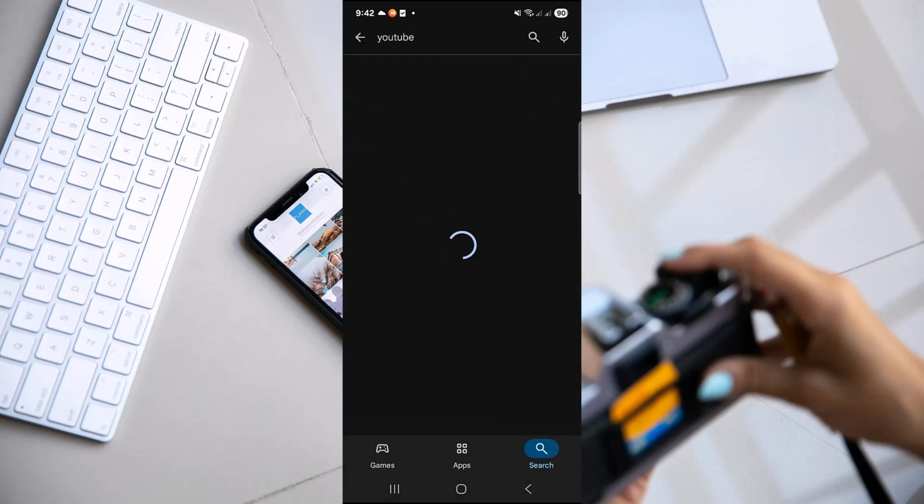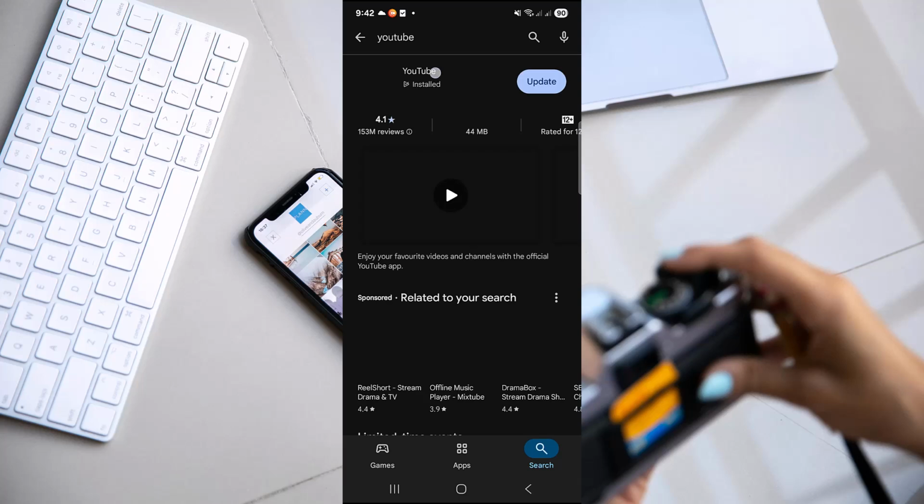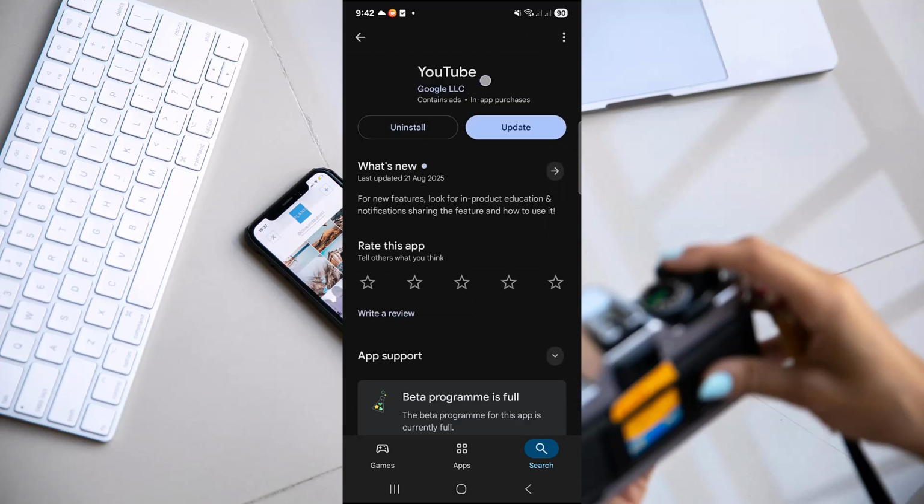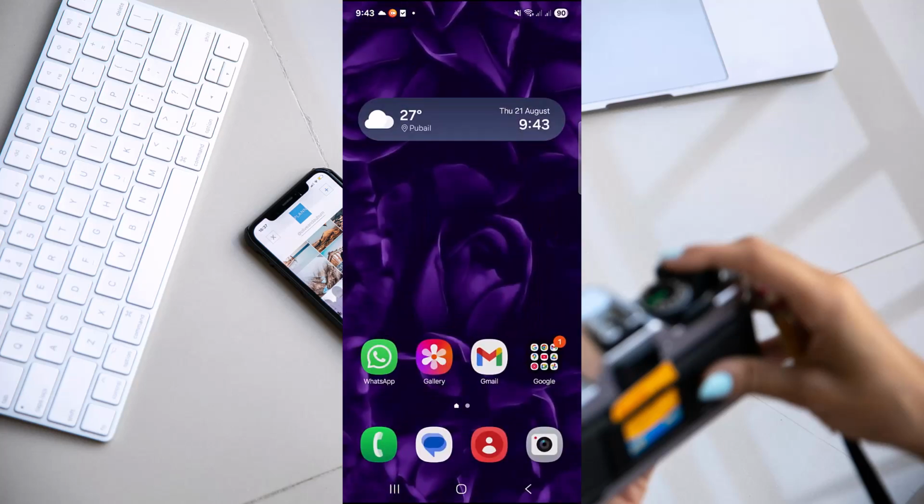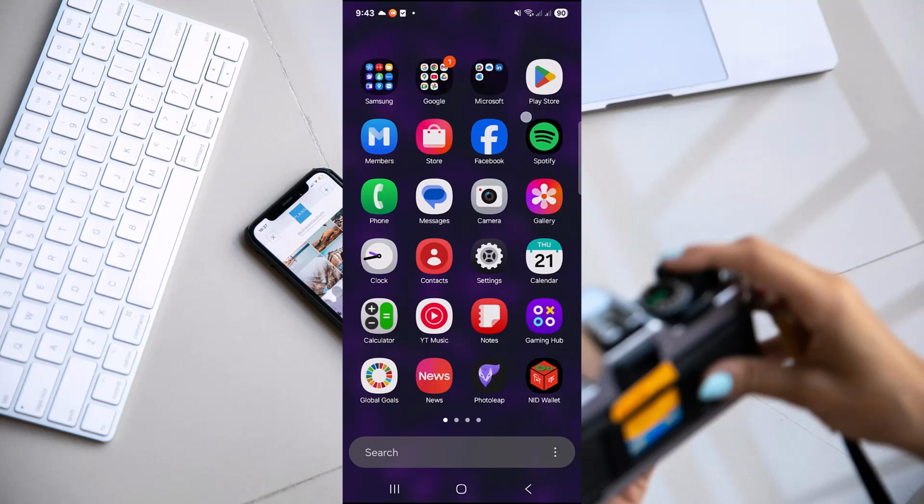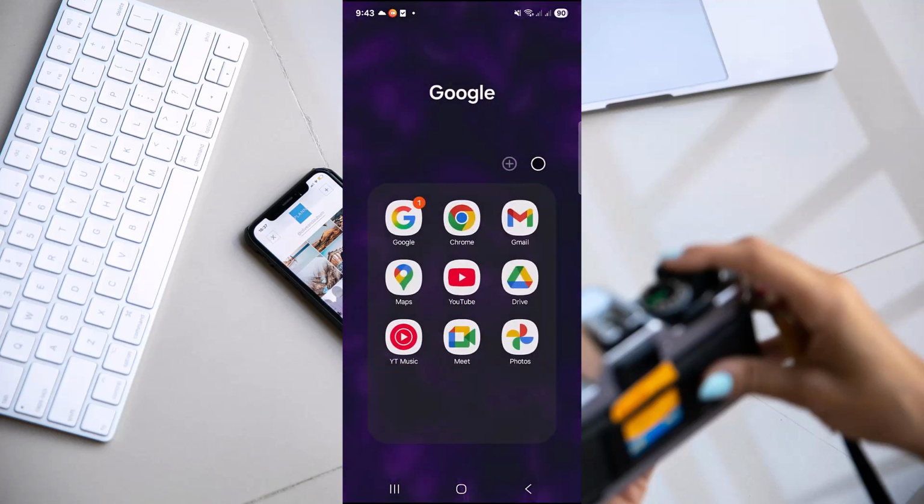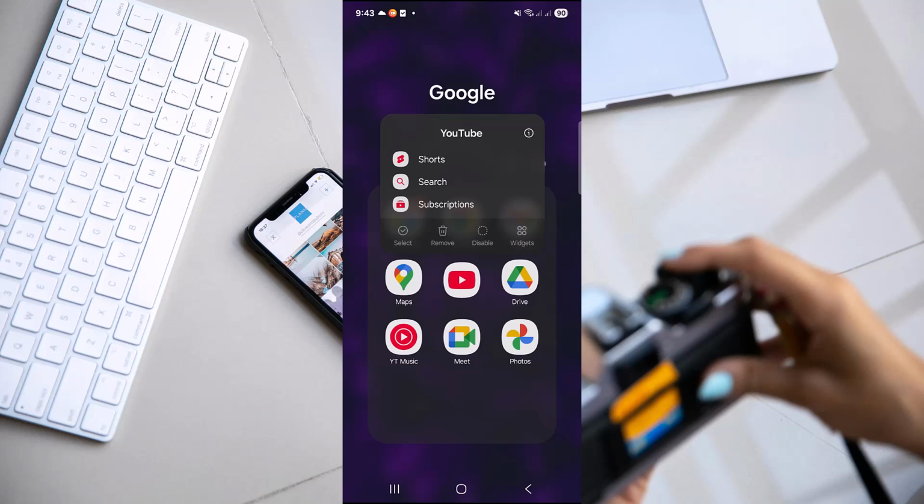So once you search for it, see if there is an update available. As you can see for my one, there is an update available. So I have to update my YouTube, and once it is installed, try to see if the YouTube comments are showing. And if it is still going on, then keep tapped on YouTube, tap on the info icon